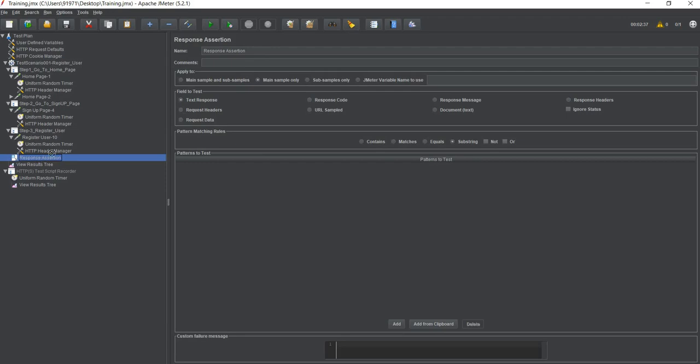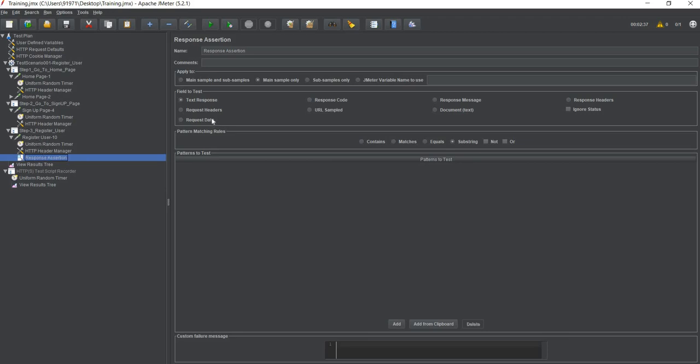Okay, so I'm just putting up a response assertion over here in this request. When I put something in this request, it just comes under it. So anything which comes under it is a part of this request. We will again talk about how this test plan works, and what the flow of all of these things is, like what runs first, what runs second. Today, let us first understand the importance of assertion.